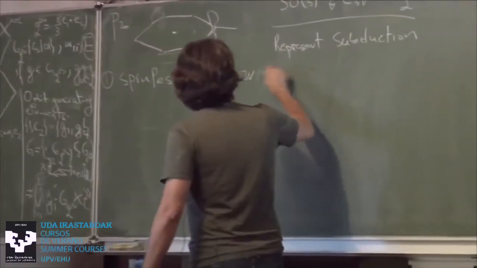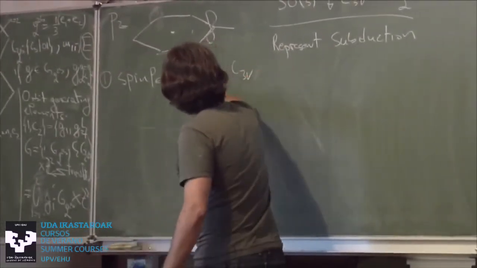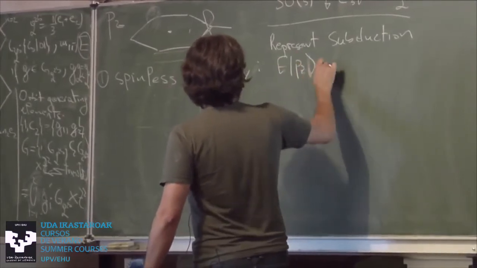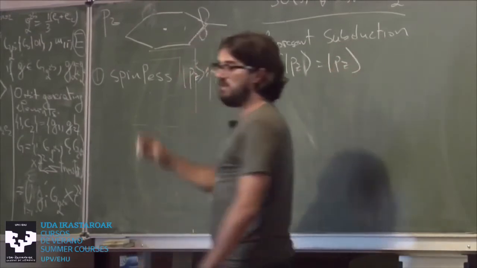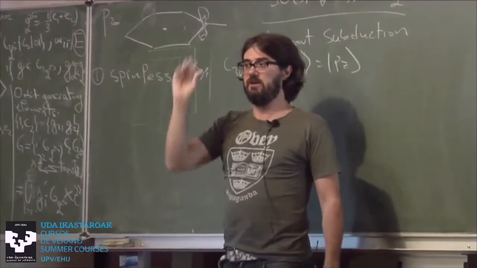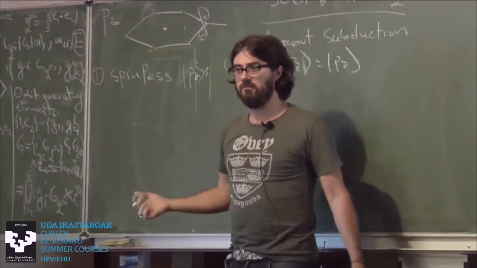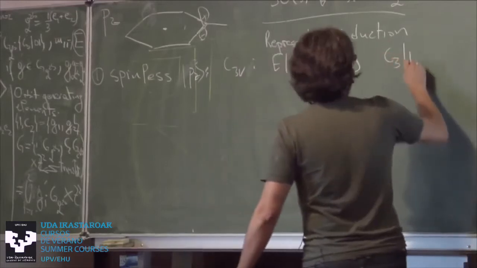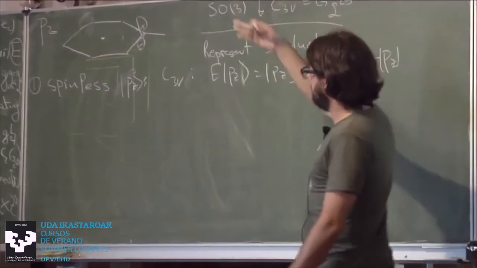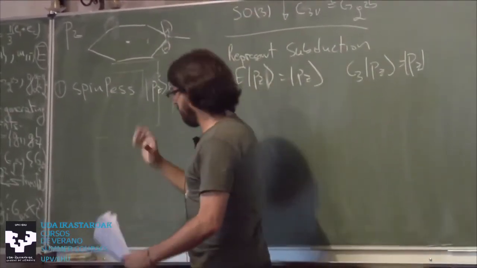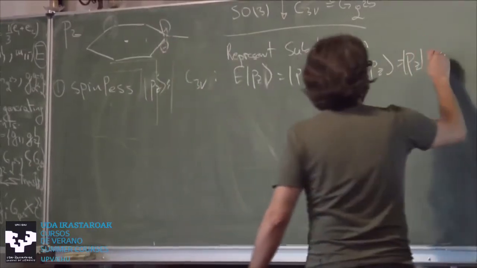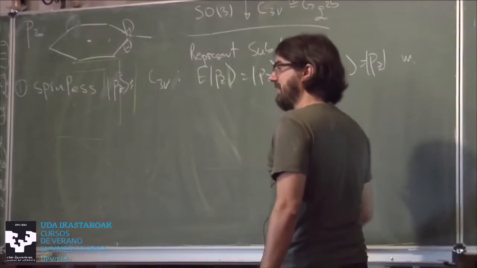Identity. So call this its wave functions PZ. So identity on PZ orbitals obviously doesn't change PZ orbitals. What does C3Z do to PZ orbitals? What does it do if I rotate a PZ orbital like this? Nothing. So C3 on PZ is still PZ. What does mirror do on this PZ orbital? This mirror. So I have this orbital and I have a mirror plane that runs through it. Nothing. Okay, so this is one representation